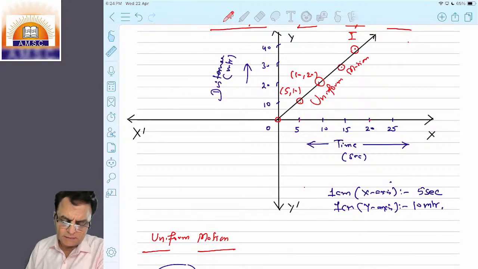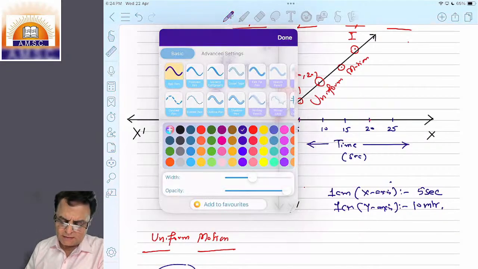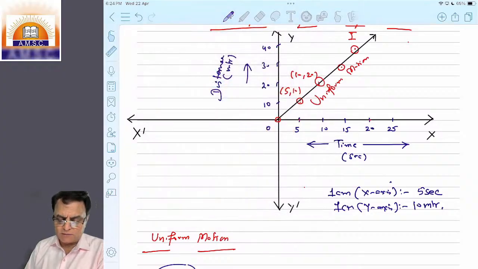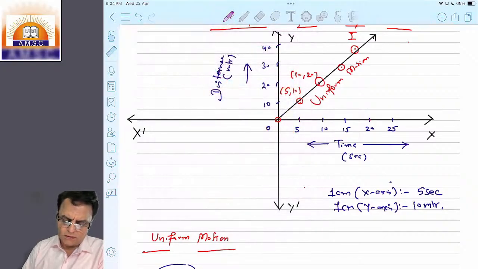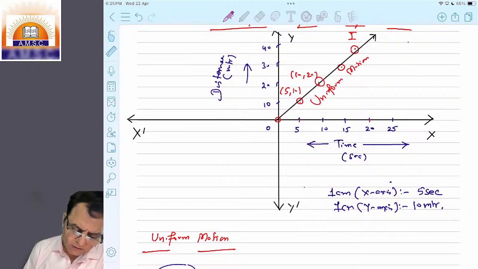Now we'll do another important case. Let us consider that another object starts moving from rest when t is equal to 0. The distance covered by it is also 0. In the first 5 seconds, the distance covered by the object is 10 meters again. It is considered to be not 10 meters. Let me take some other value. In the first 5 seconds, let the distance covered by the object be